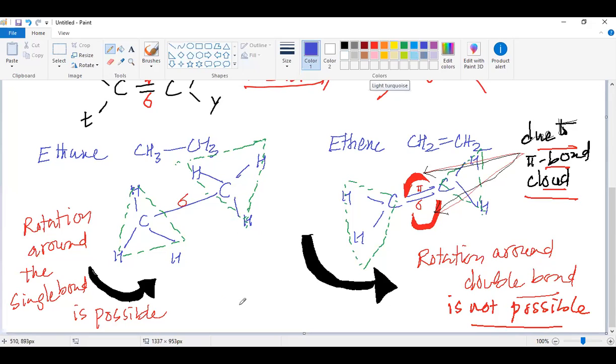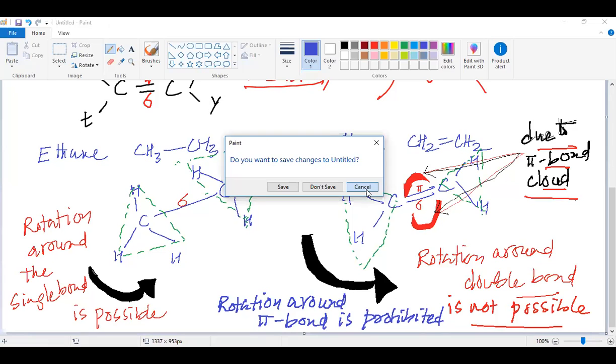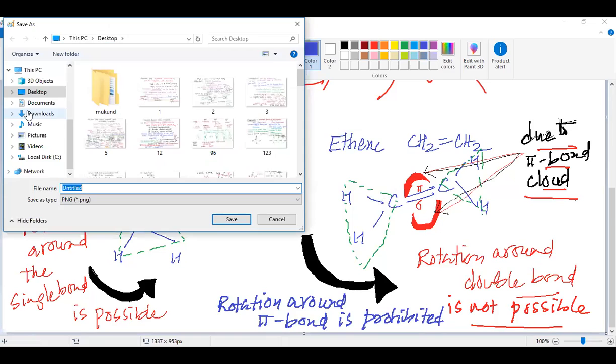Instead of writing double bond, we can say that rotation around pi bond is not possible, or in other words we can say it is prohibited. So this is how, my dear students, we understand about the characteristics of our pi bond. One more thing, my dear students, I have just told you about was that